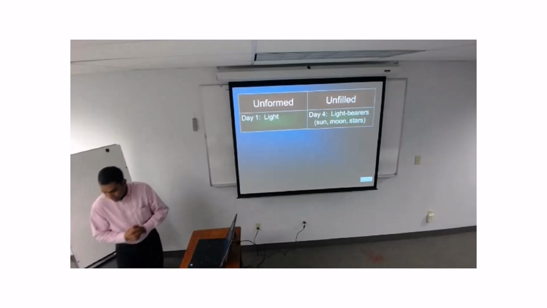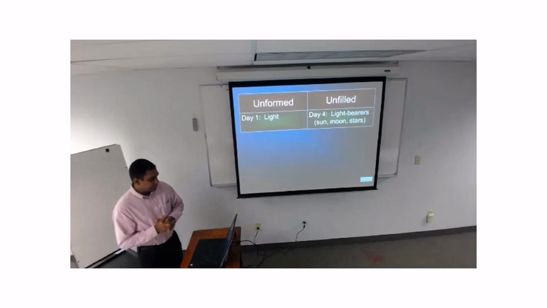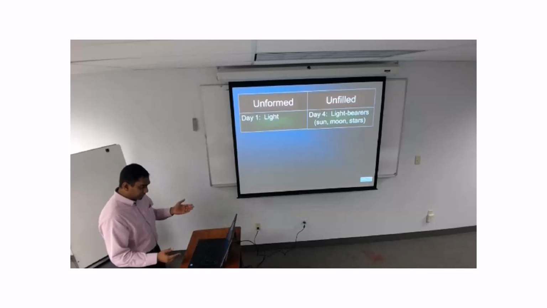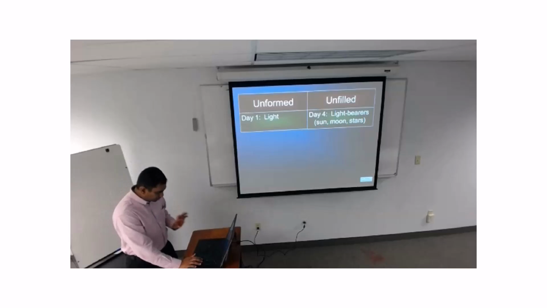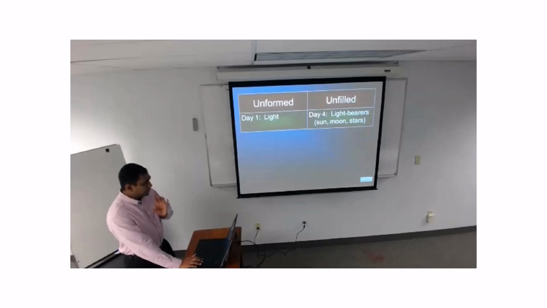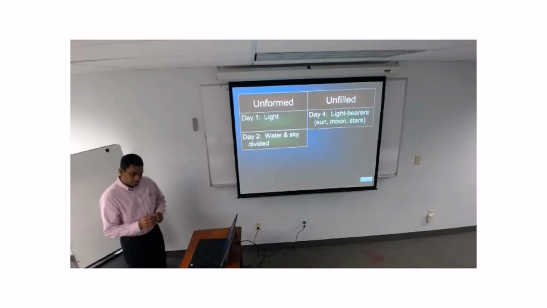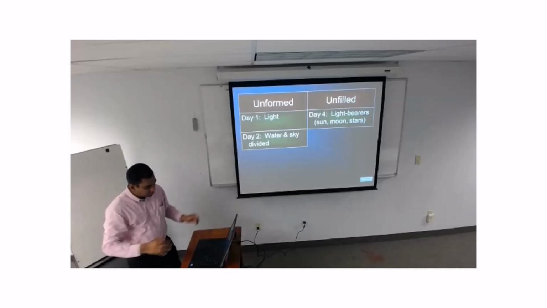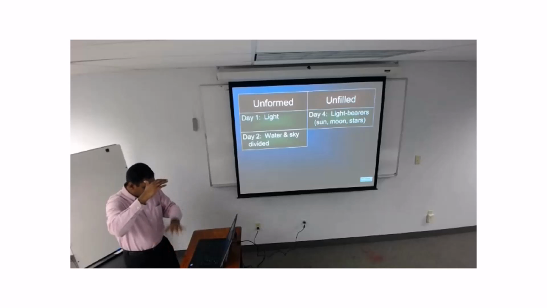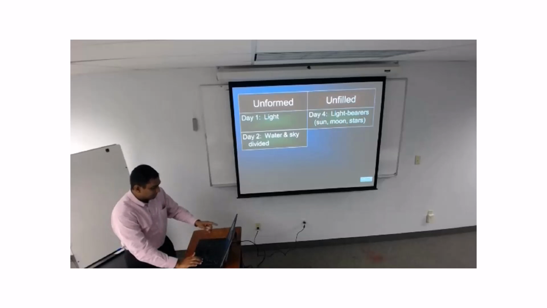Verse 2 says, the earth was without form and void, and this formation and the filling of the heavens and the earth is now given in detail in these 6 days. So you have the light on day 1, which is formed, and then you have the individual light bearers on day 4. Day 2, you have water and sky. And actually, Linda had a very good question. What does this mean? So you have the water vapor and what you call the canopy, the atmosphere that we have, as opposed to the water that is on the earth itself. That is the division in day 2.